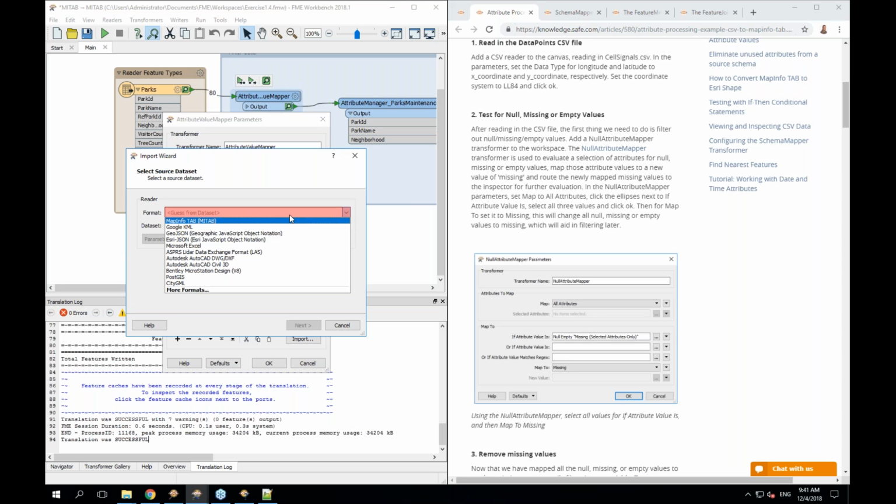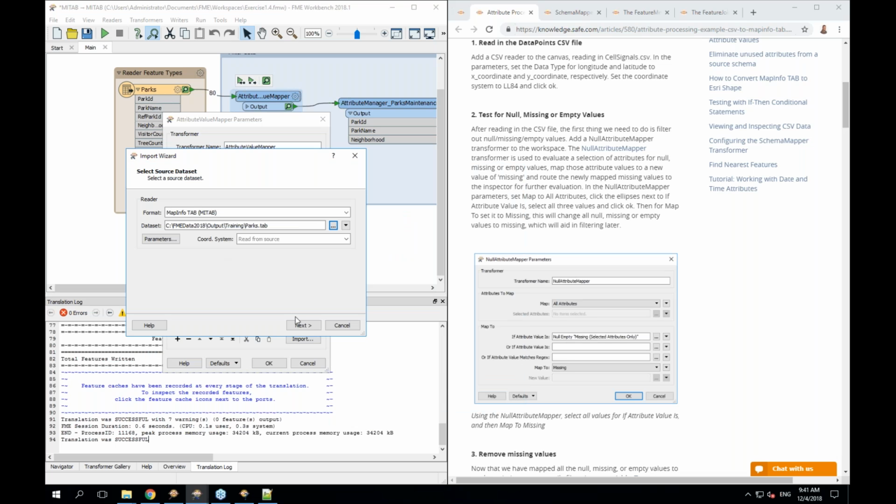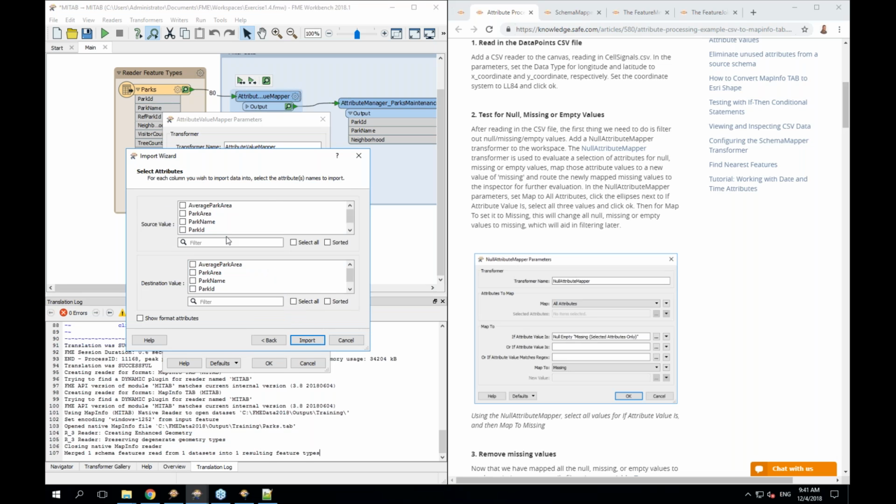So I could import it from an external file which contains my lookups, say an Excel spreadsheet. But it can also save time if I don't have anything like that. I can have a MapInfo TAB file. I'll choose my data set, parks. It will read through that. So I tell it to read through parks. My source will be,